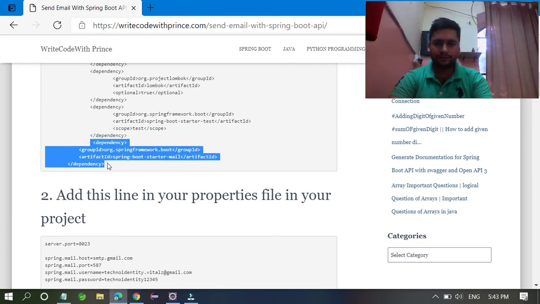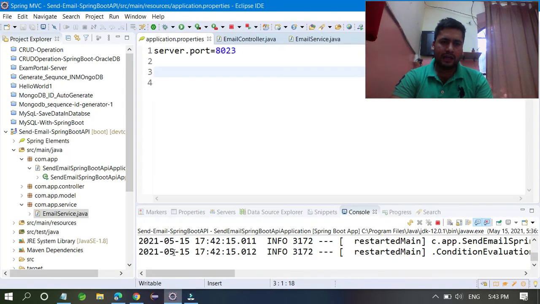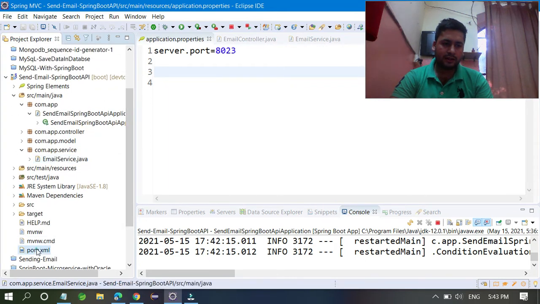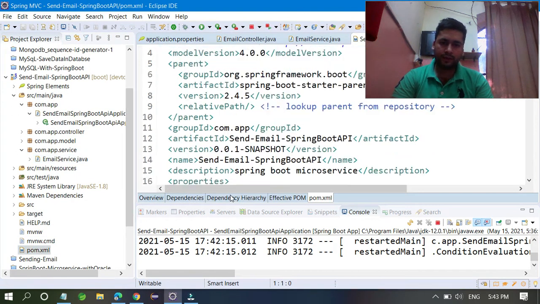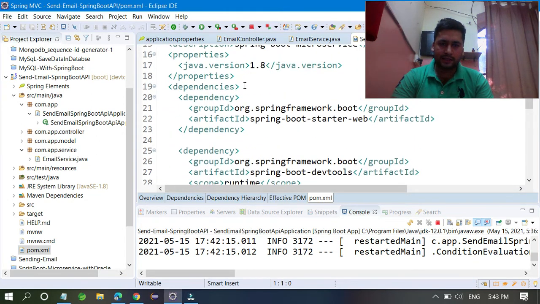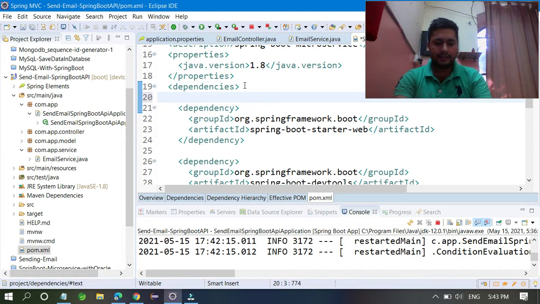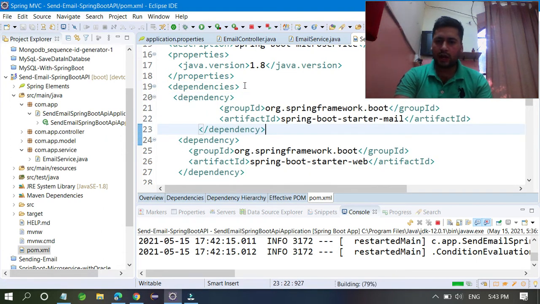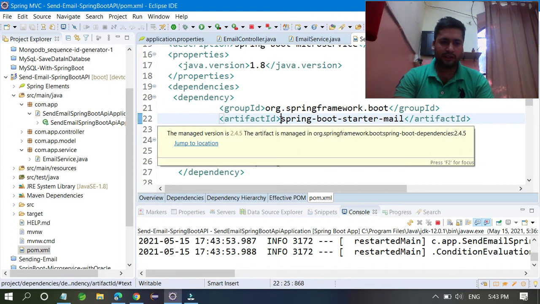So copy this dependency, go to your pom.xml file and paste it inside the dependencies, and just save it. Automatically the Spring Boot starter mail dependency will download in your project.